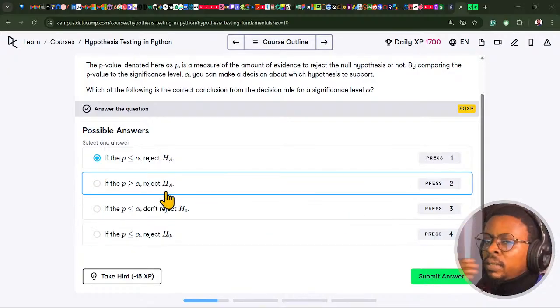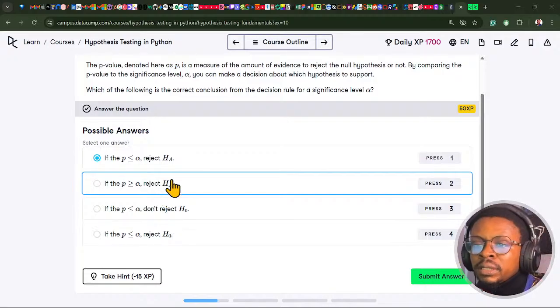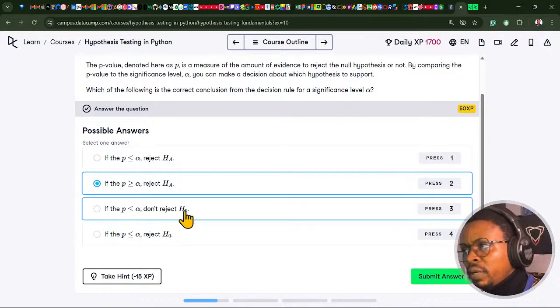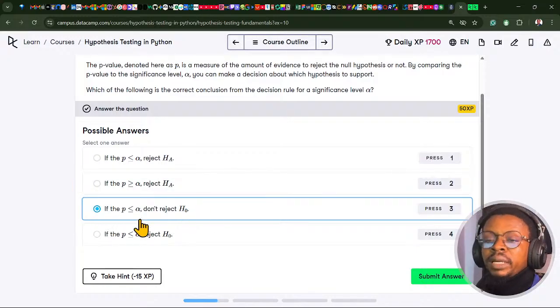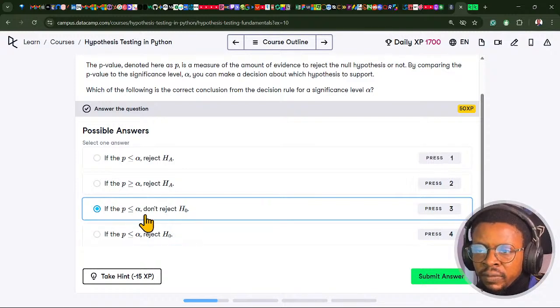If the p-value is greater than or equal to the significance level, reject the alternative hypothesis, or if the p-value is less than or equal to the significance level, don't reject